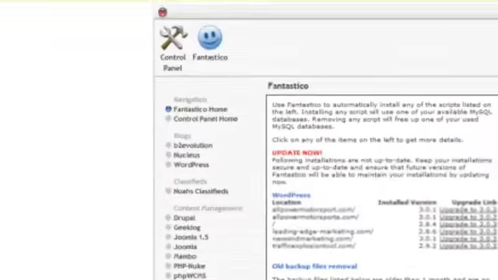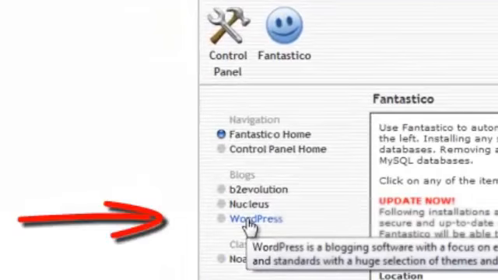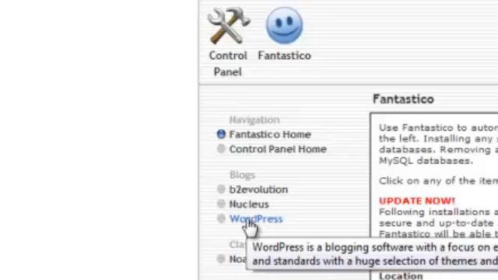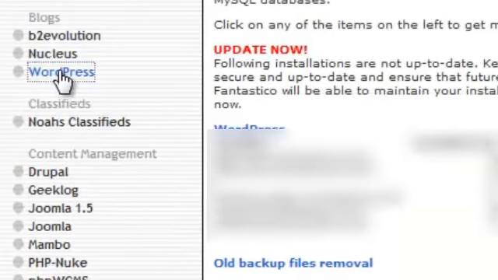Now here, I want to install WordPress. Now it's right here, as you can see. So this is going to be my program, my blogging program that I'm going to use for my website. So WordPress is really easy to use, and we're going to go over all that. But right now, we're going to install WordPress. So I'm going to click on WordPress,